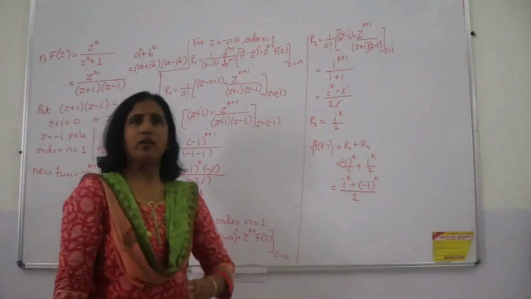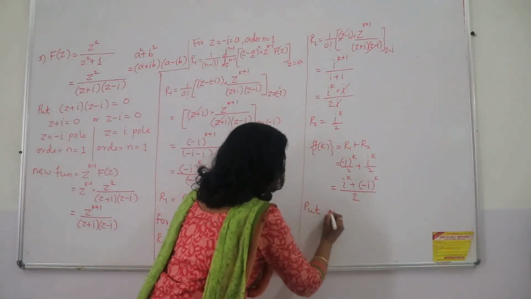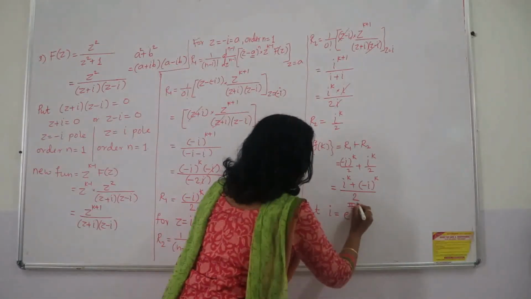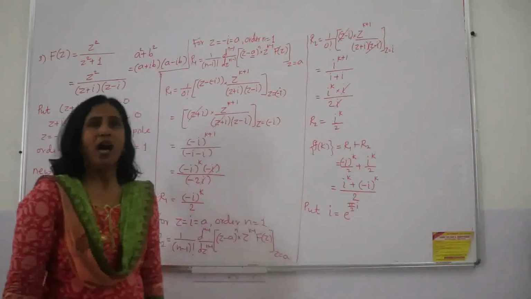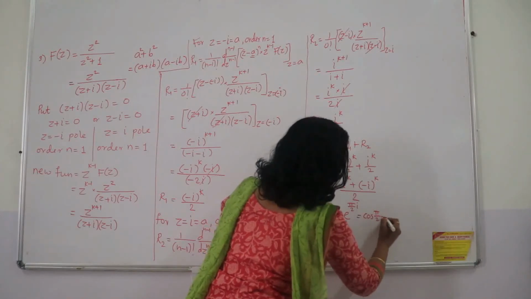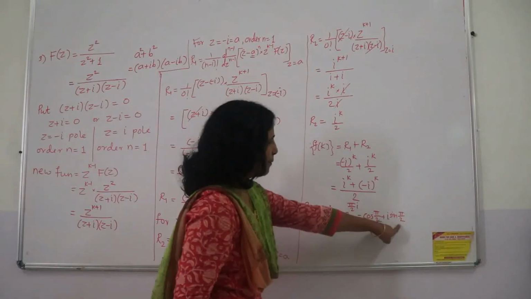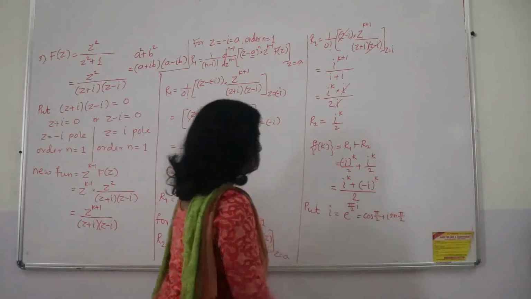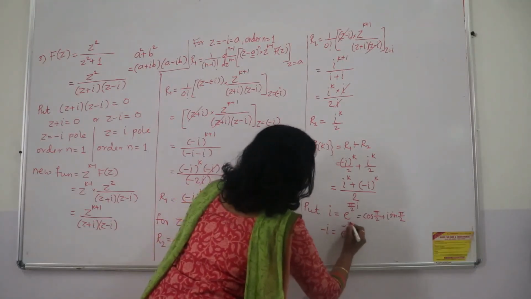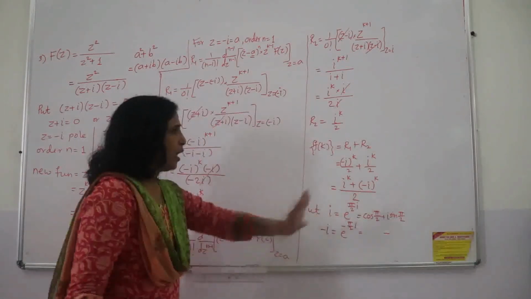Now use your knowledge of M1. You have one substitution. i is nothing but e^(i pi/2). This is the value of i. Let me tell you, this is cos(pi/2) plus i sin(pi/2). This is the expansion, e^(i theta). So sin(pi/2) is 1, cos(pi/2) is 0. So 1 multiplied by i is i, and minus i is nothing but e^(minus i pi/2). Again only the minus sign will come here and you will get the value.